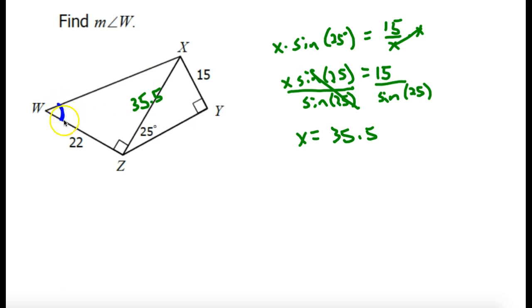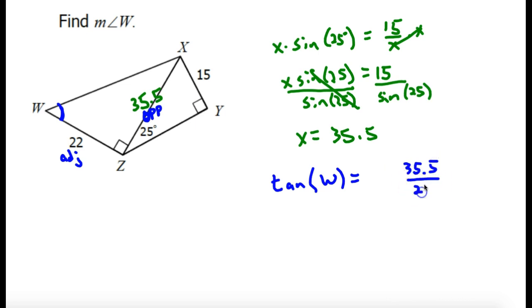Now, if I want to find angle W, with respect to angle W, 35.5 is the opposite side. Again, we're just looking at this right triangle here now. Then this side, the 22, would be adjacent, because the blank side would be the hypotenuse. Now, to find this angle, if I'm dealing with opposite and adjacent, so ka-toa, opposite and adjacent would be tangent. So I'm going to say the tangent of angle W is equal to opposite